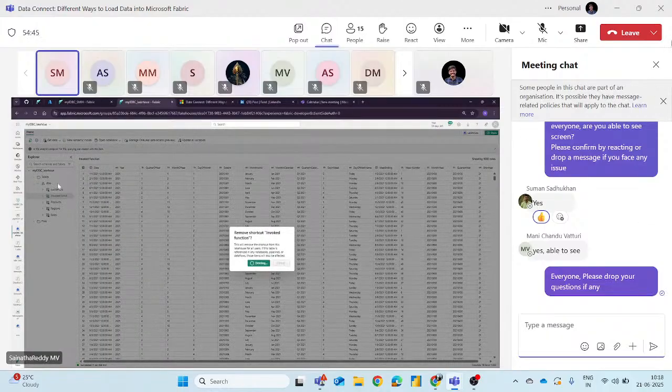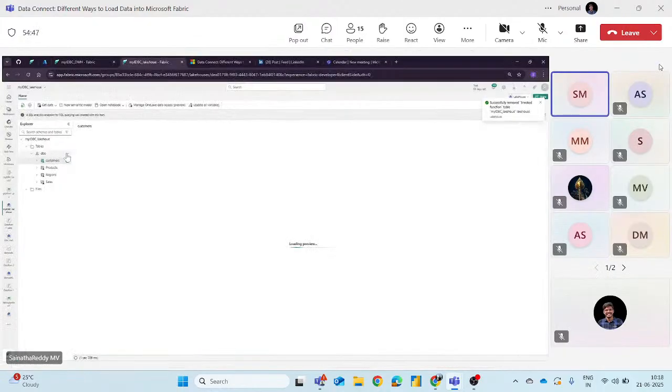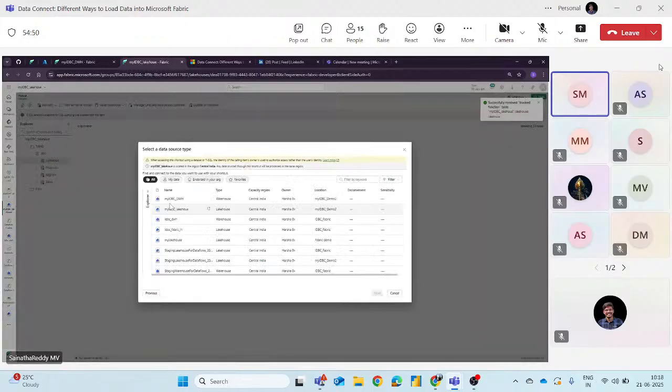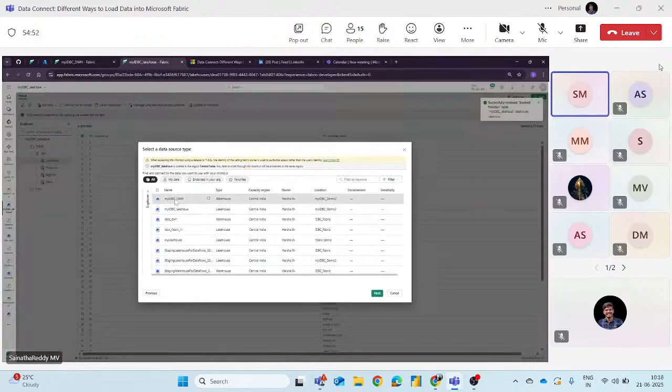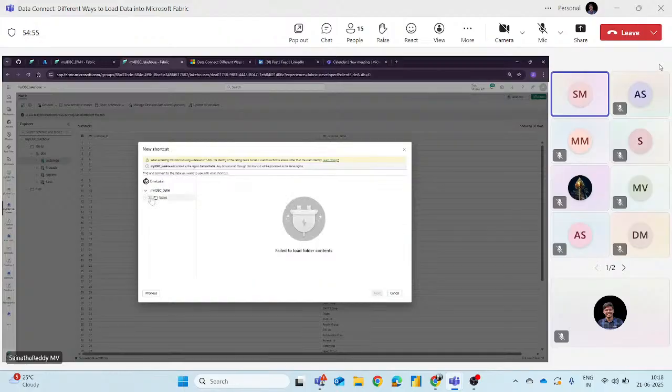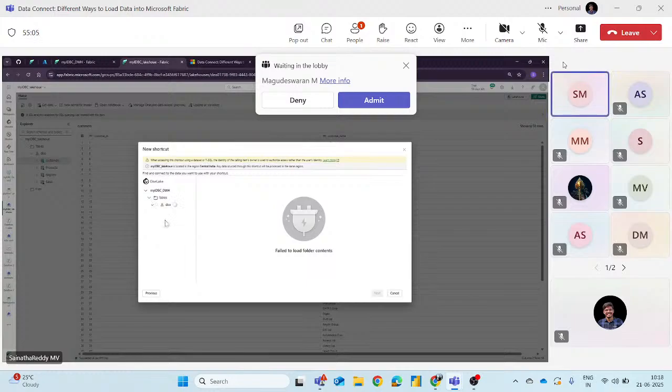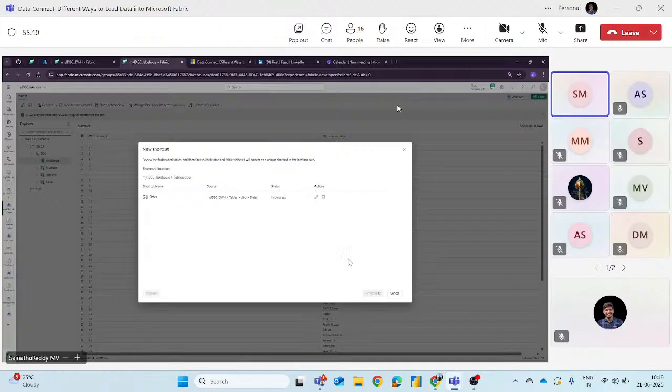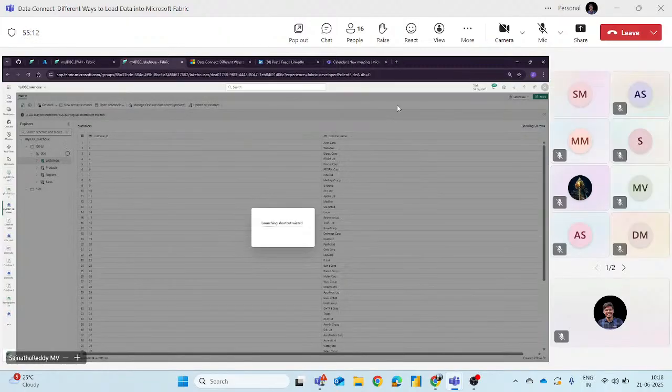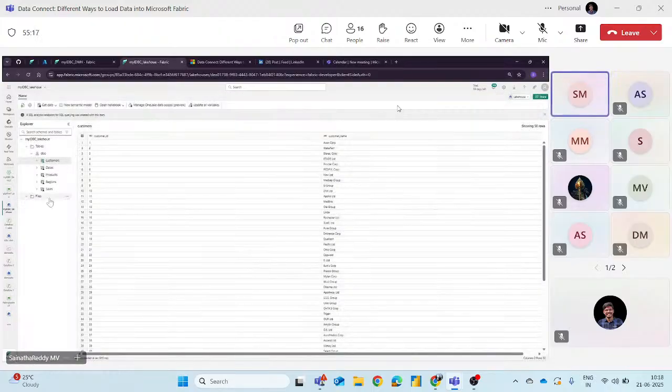We can directly take a new shortcut table, so it is easy, nothing to worry about. Date tables. Yeah, now the date table is created. In my lakehouse we got all the tables here.